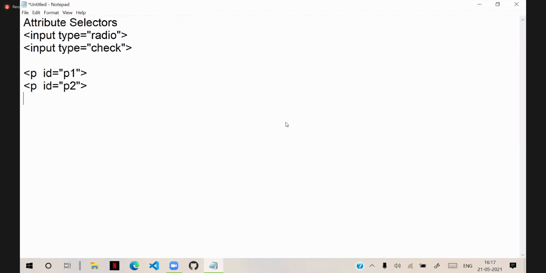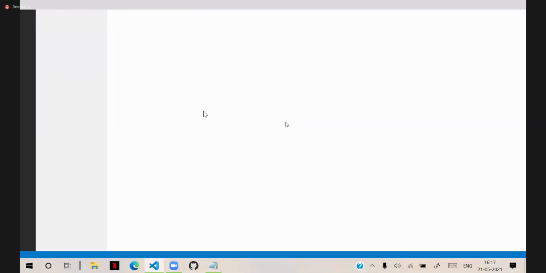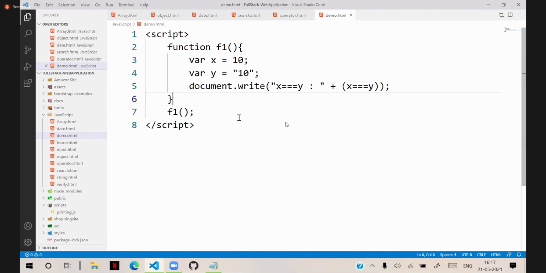So how do we handle that situation? Generally, we can do that by using the attribute selector, because if I apply to the tag, it is going to apply everywhere.